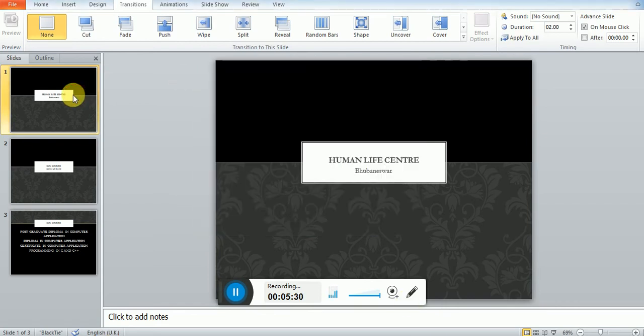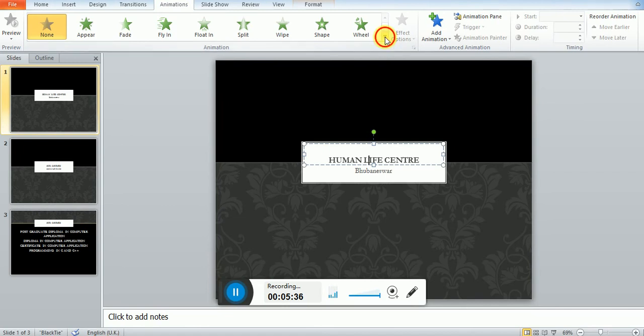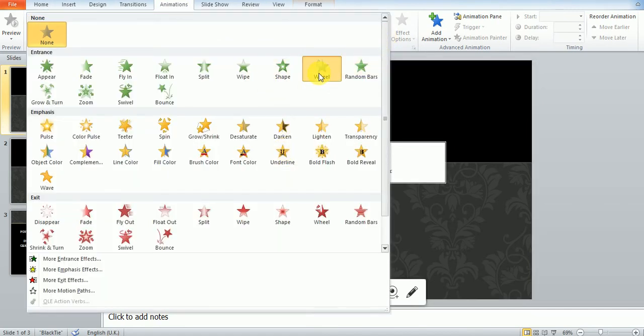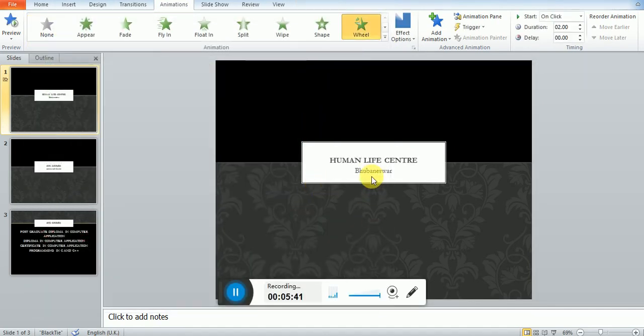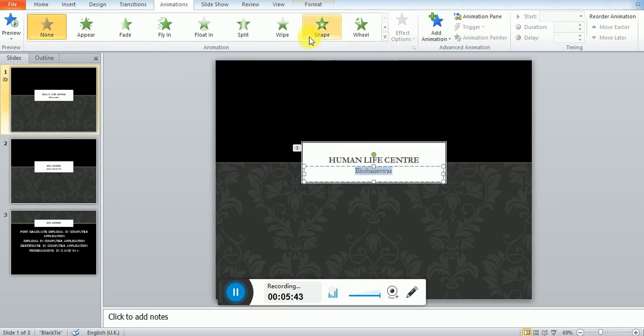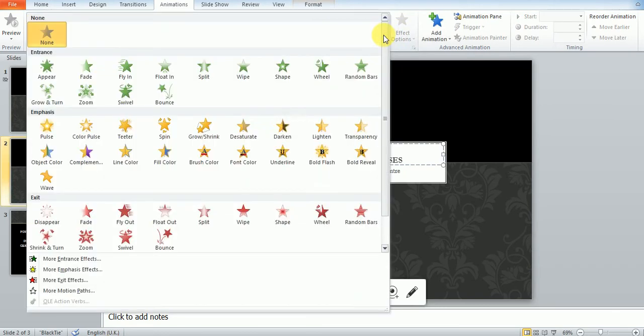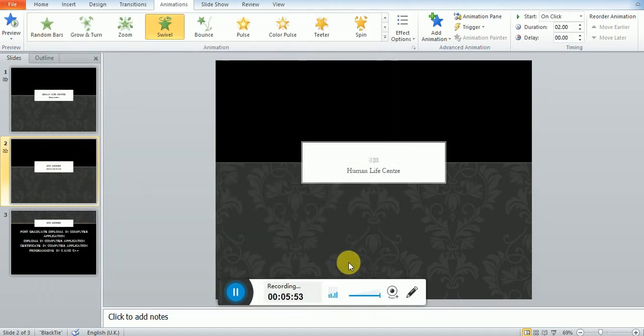So go to each slide, select each object and add animation. Click on animation and select each animation. Let's see, wheel animation. Here I am attaching. In this case, I am attaching fly-in. I am going to this one, course. I am attaching swivel, like this.